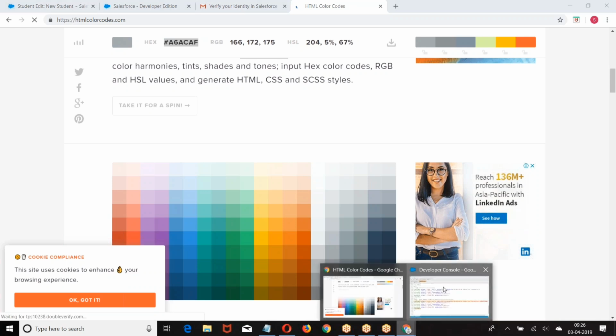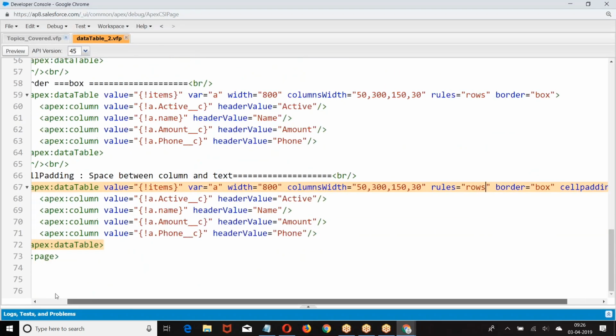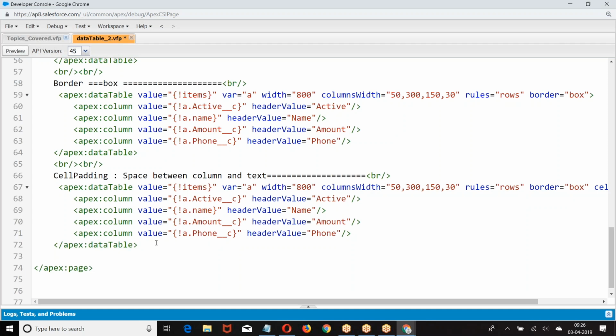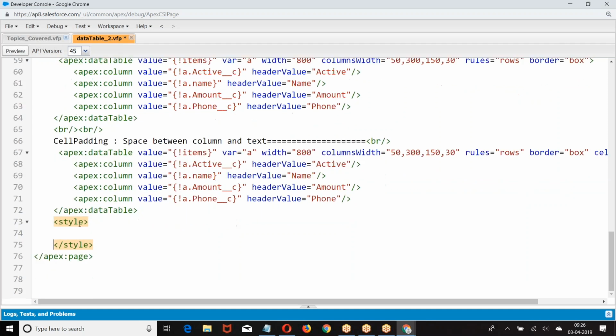Now how do you apply the CSS? First I am giving. Now dot means class